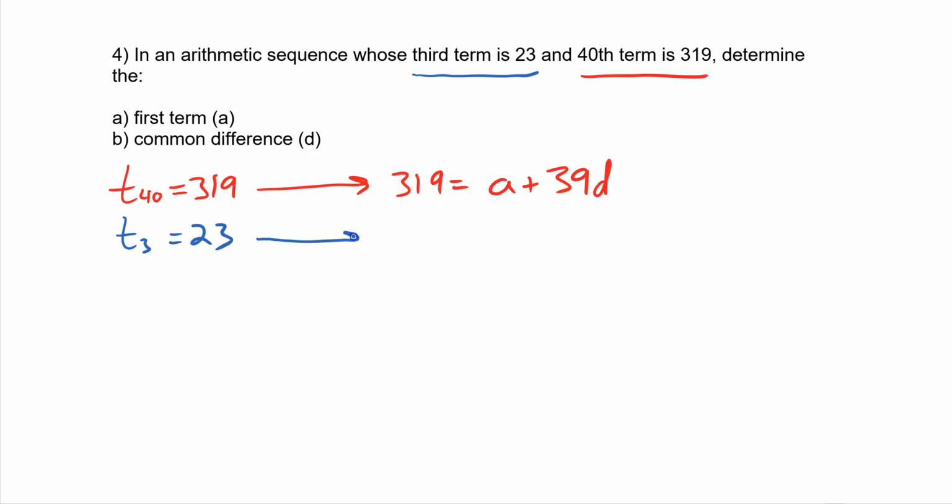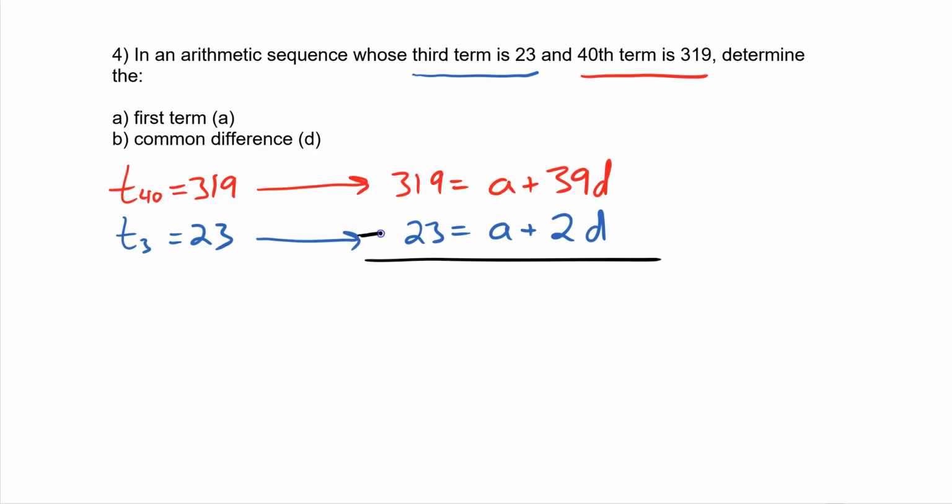Now for term 3, I'll do the same thing. So 23 equals A plus, now n minus 1 would be 2D. Now, if you look at this, how I wrote the equations and how they're stacked over top of each other, you may remember how to solve by using elimination. Now, because we have A and A, they can eliminate each other